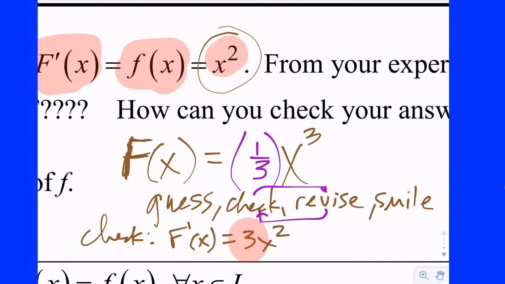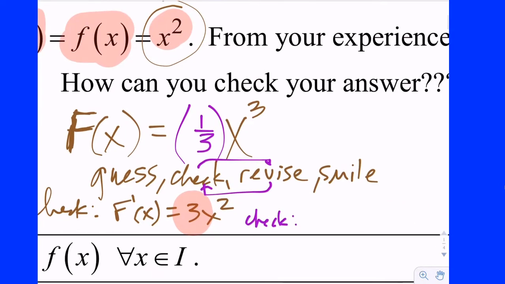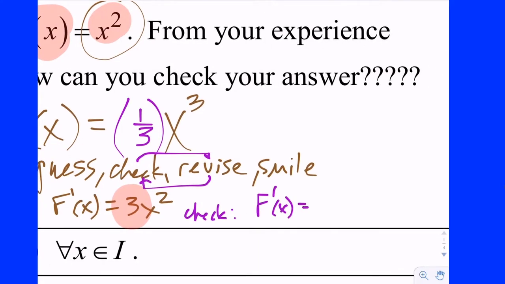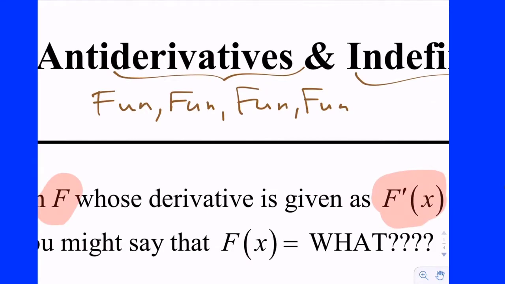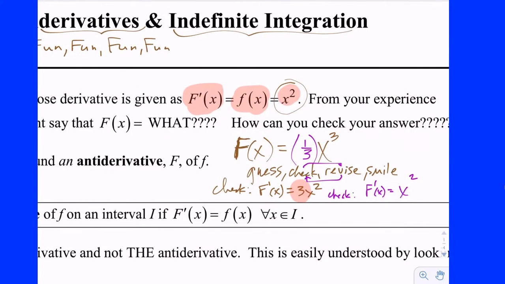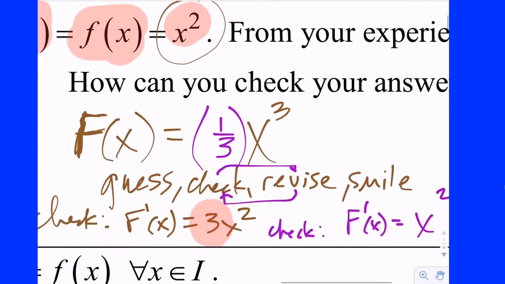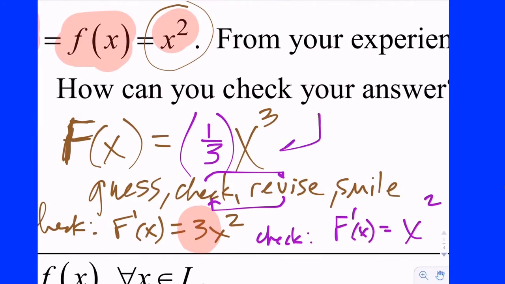Let's check it again. Let's check number 2. Big F prime of x is going to be, let's see, 3 times 1/3. Why, that's 1. No heartburn. X squared. That's what I want. And so now guess what? We're at the end of the process, which is smile. Of course, you're smiling all the way through because it is fun, fun, fun, fun. All right. So we call 1/3 x cubed